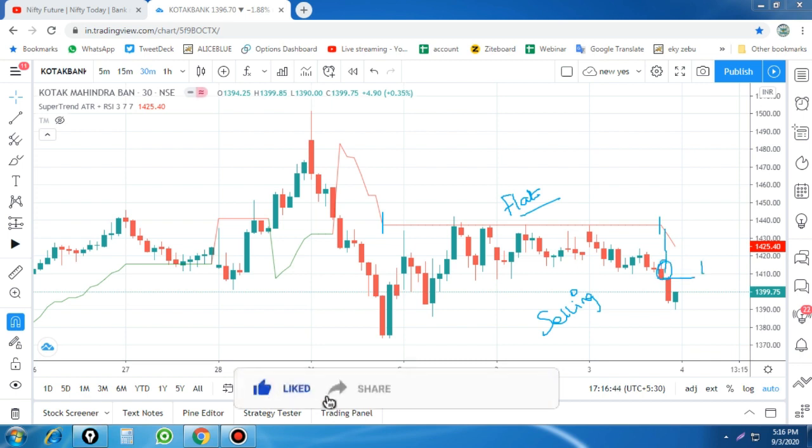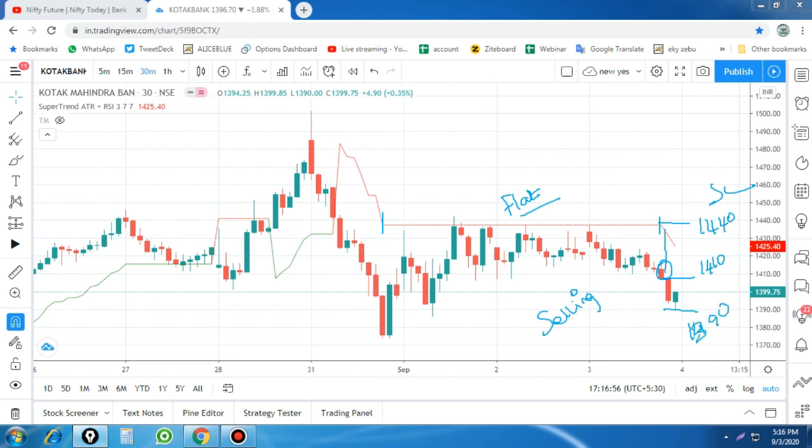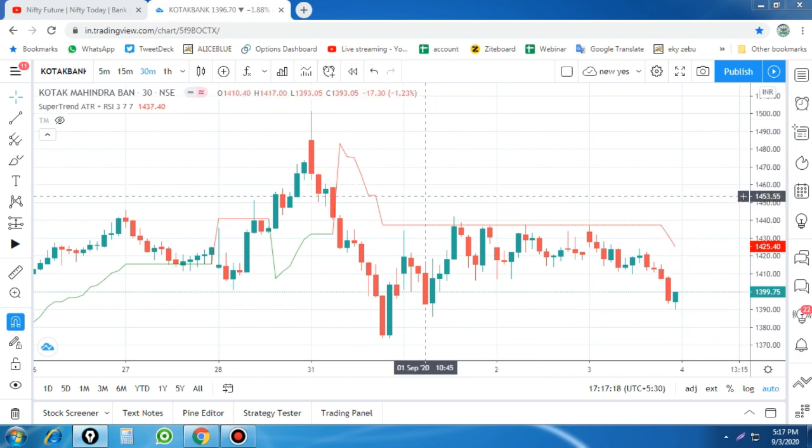If you have taken entry at 1410 with the stop loss around 1440, and the market fell down to 1390, almost 20 points down, we still know the stop loss, and right now the stop loss also reduced from 1440 to 1425. When the market again started falling, the stop loss line will come down. When the market starts to reverse, the stop loss may trigger. So this is the basic one, but it's a more powerful one,